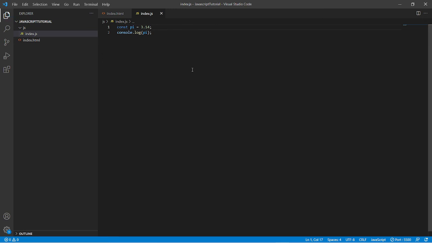Now in many cases, you will see that constant names are defined in all uppercase. So there is a way to decide whether we need to put the constant names in all uppercase or in camel case. The simple way to decide is if the value is already known to you, then you should define it as uppercase.